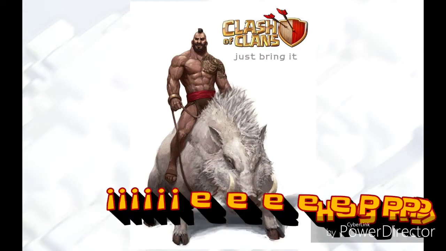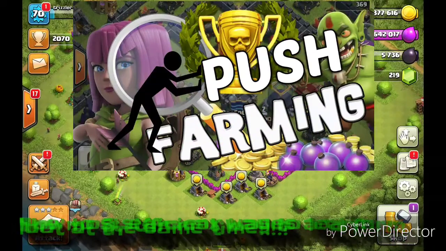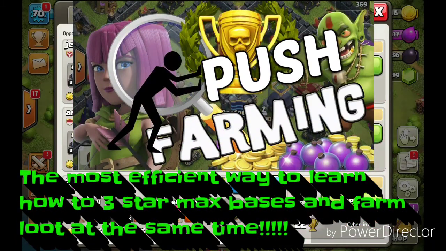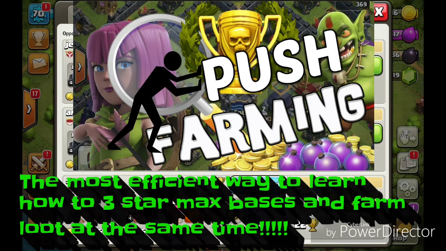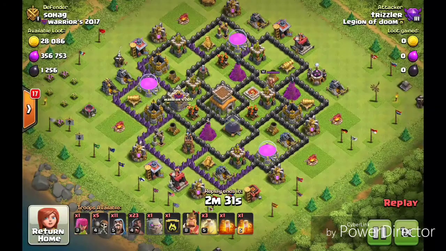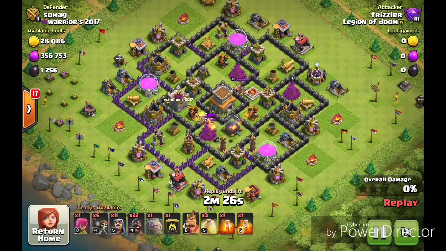So I can't preach it enough, guys. I believe so strongly in push farming because more than anything else, it allows you to be an efficient attacker, and it allows you to kill two birds with one stone. You can use GoHo to push farm. It would mostly be if you're needing some elixir, but at the same time, it's still a good army because